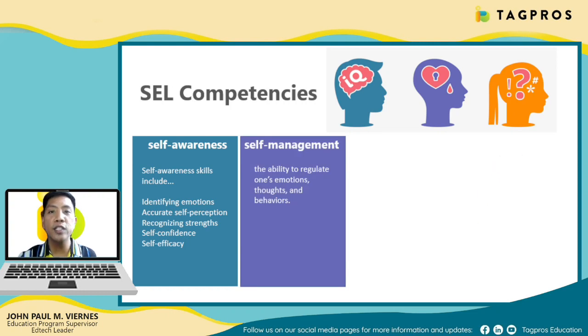Now, the second competency is self-management. Self-management is the ability to regulate one's emotions, thoughts, and behavior. This includes effectively controlling impulses, self-motivation, and planning towards personal and academic growth, which I believe we can also include stress management. It helps students to stay on task and work towards a goal, even when feeling frustrated, and